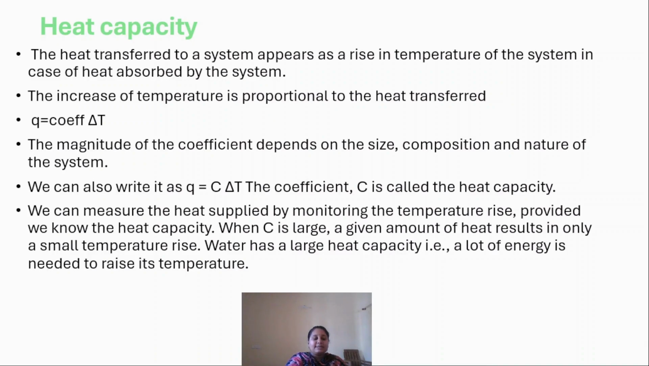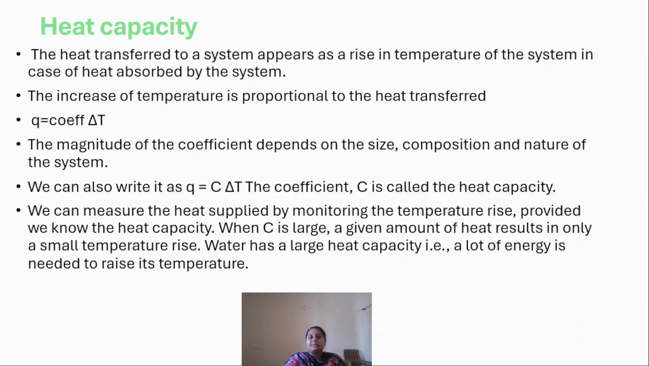The heat capacity: the heat transferred to a system appears as a rise in temperature of the system, in case of heat which is absorbed by the system. And the increase of temperature is proportional to the heat transfer. So Q is equal to a coefficient times delta T, and the magnitude of the coefficient depends upon the size, composition and nature of the system. So we can also write it as Q is equal to C delta T, and the coefficient C is called